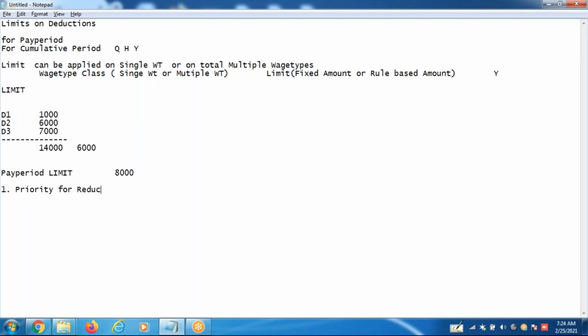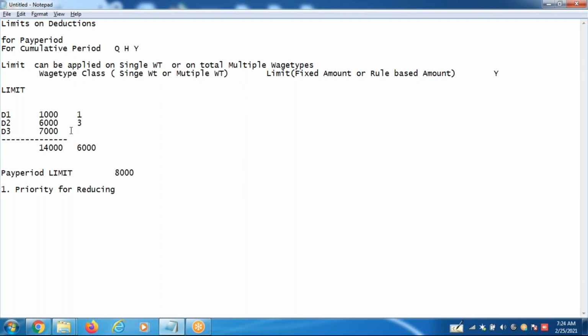Suppose I say first reduce from this, second reduce from this, third this.